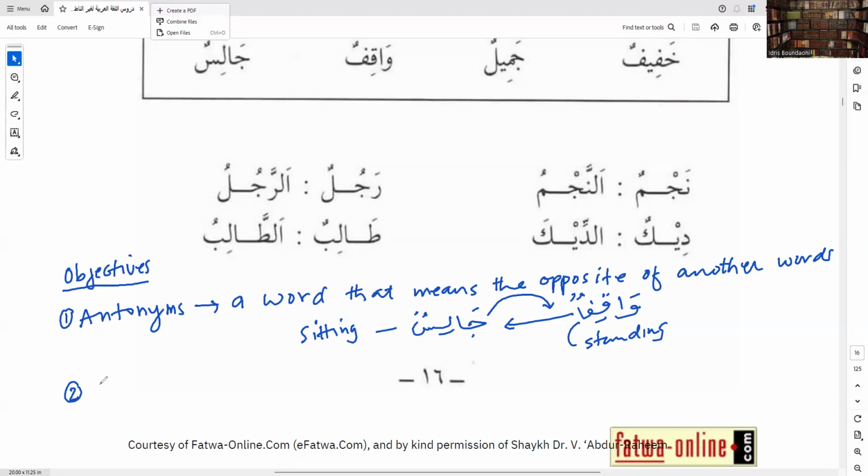And one more time, we're going to learn some articles. Definite articles. Remember, we said in Arabic, we don't have an indefinite article like a, but we only have the, in Arabic, only the. And then we're also going to learn, that's objective number 3,